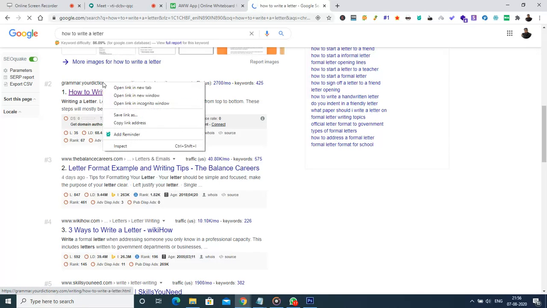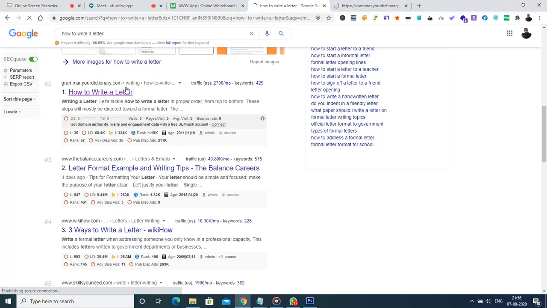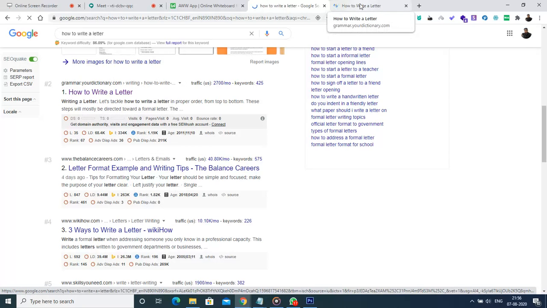I believe this particular website has been optimized to a great level for SEO, and that is why it is shown as the top first result. From the details they have given, I can understand that this has been highly optimized for the specific keyword how to write a letter, and only for that keyword, not for anything else.